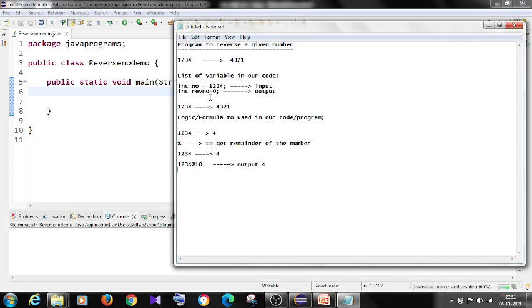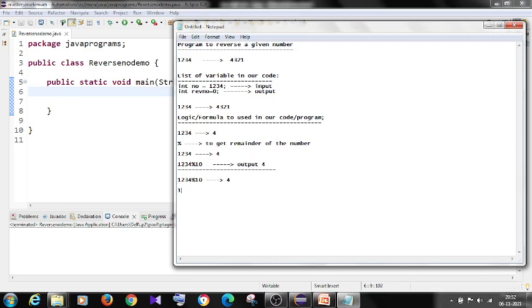Okay, I separated this one, so 4 I separated it. Do you understand? Okay, 4 I got it.